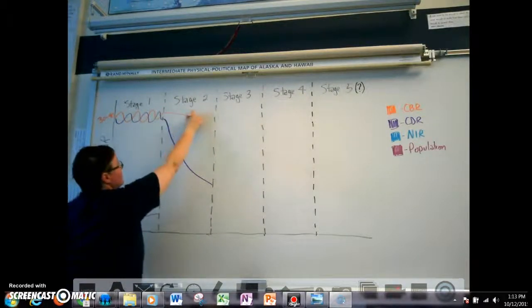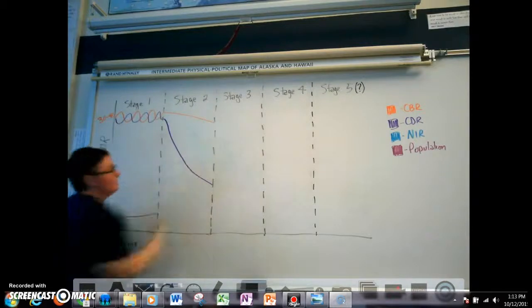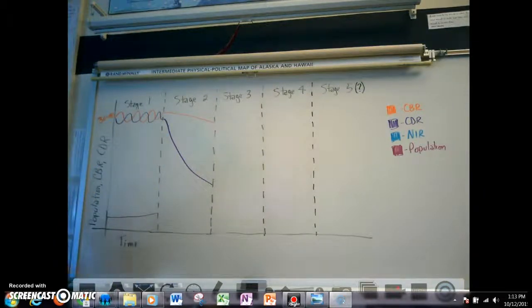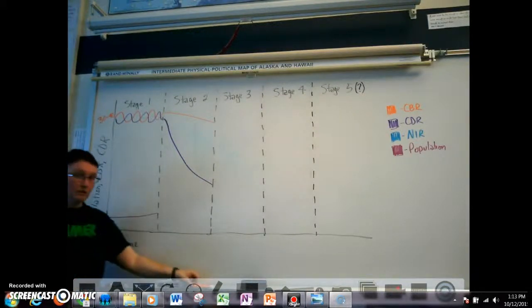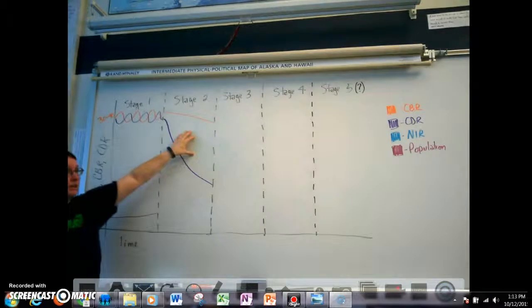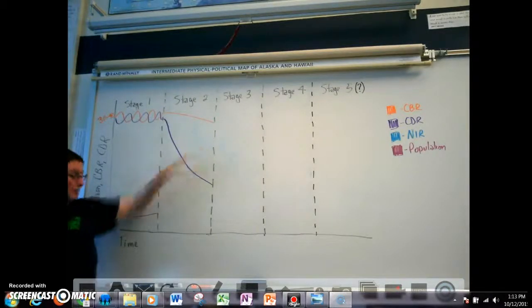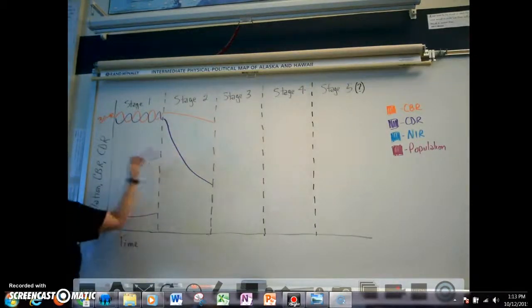Birth rates, though, they stay high because there's a lag time, right? Over here, parents are having lots of kids because they want to make sure at least some of those kids grow up to become adults. Over here, more kids are growing up to become adults, but the parents just haven't quite caught up to it in terms of the mentality.